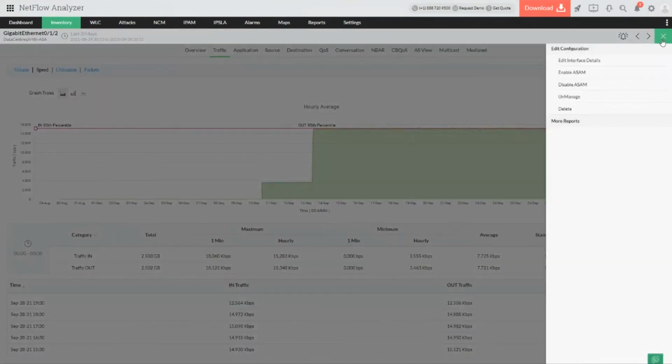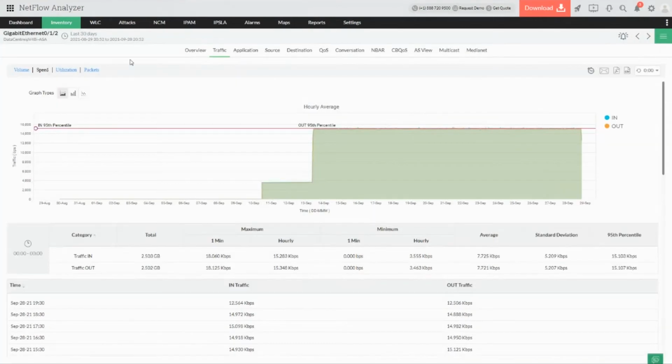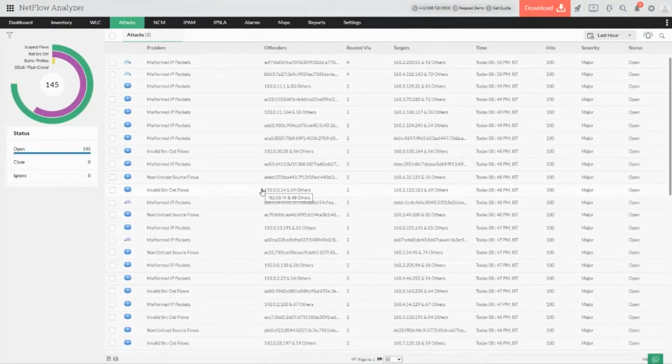And likewise, when we talk about the NetFlow Analyzer, you can easily have your own customized ASAM, or you can disable them with the customized rules which you want to configure. You can do them, and you can get the reports in a detailed fashion. And also, when we talk about the NetFlow Analyzer with respect to the attacks and the flows which are happening, this gives you a detailed picture of the attacks which have been happening through the flows which we have received. So by using the add-on NetFlow Analyzer, you will also be able to get the attack-based information from your environment and have a detailed picture as well.